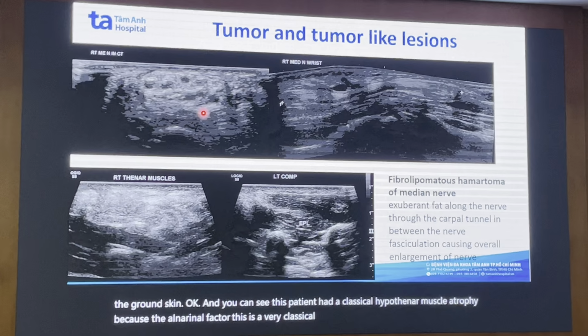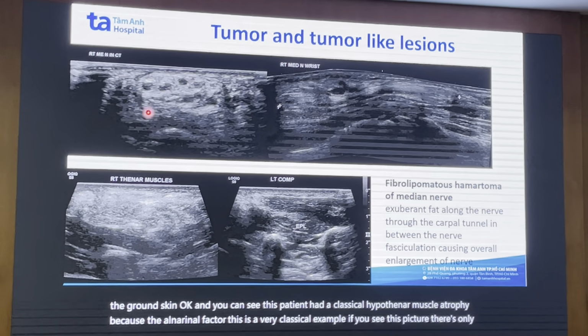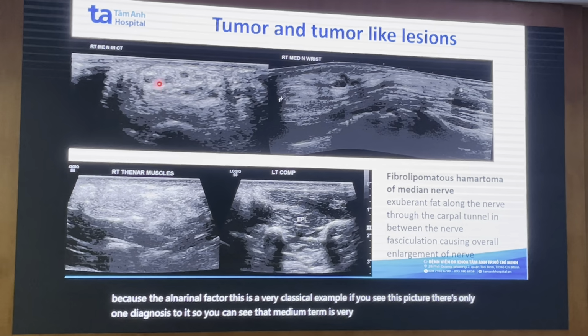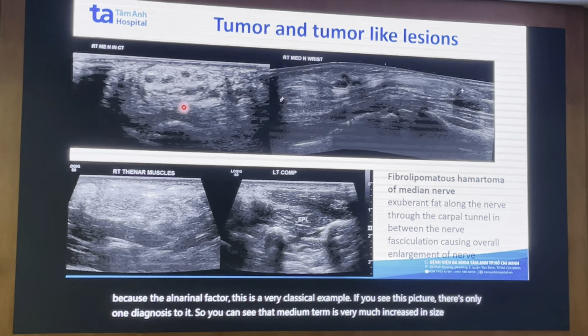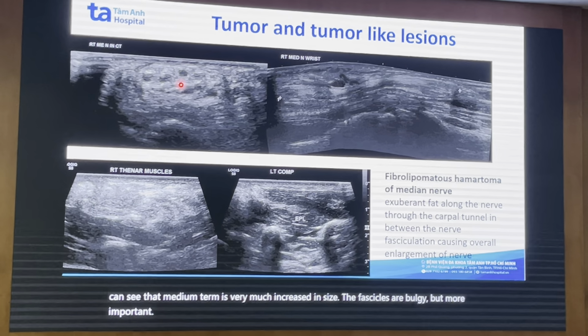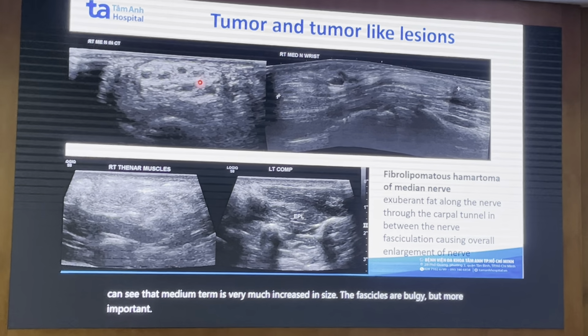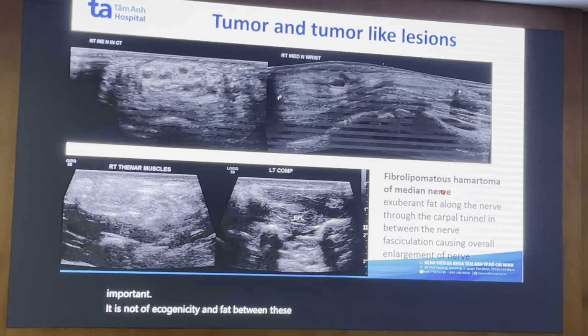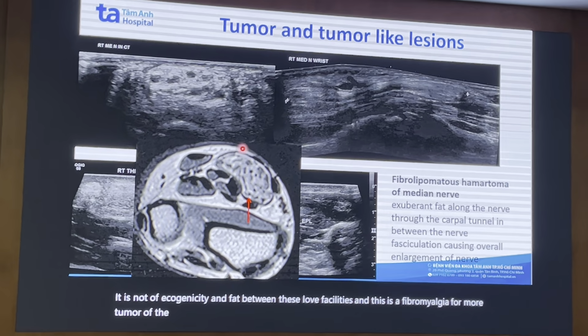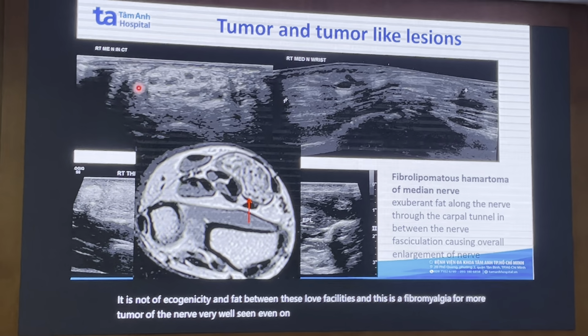If you see this picture, there is only one diagnosis to it. So you can see the median nerve is very much increased in size. The fascicles are bulky, but more importantly, there is a lot of echogenicity and fat between these nerve fascicles. And this is a fibrolipomatous hamartoma of the nerve, very well seen even on an MRI, very well appreciated even